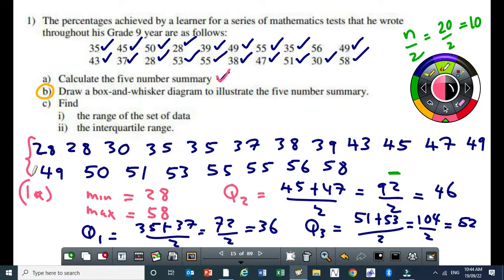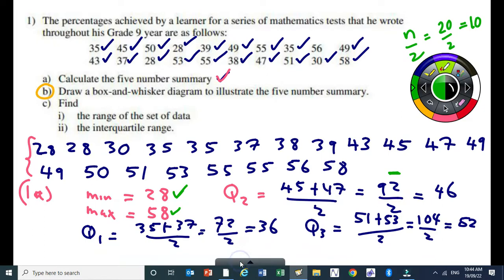Then what that means is the minimum is very easy to identify, so it's 28. The maximum is also easy to identify, it's 58. The quartiles now, those are the ones that can require you to do it manually, or you can use your calculator. Okay, so if we do it manually, because most of you don't have the correct calculator,